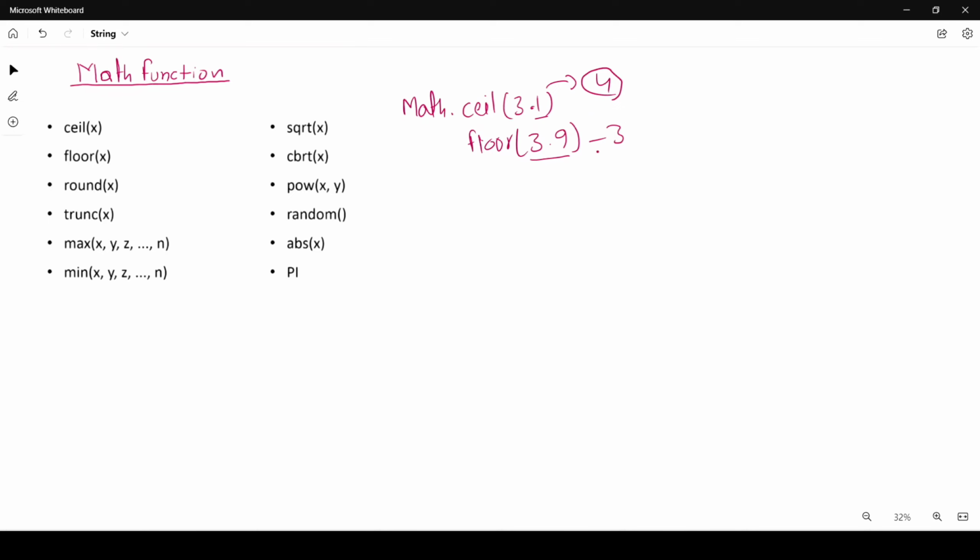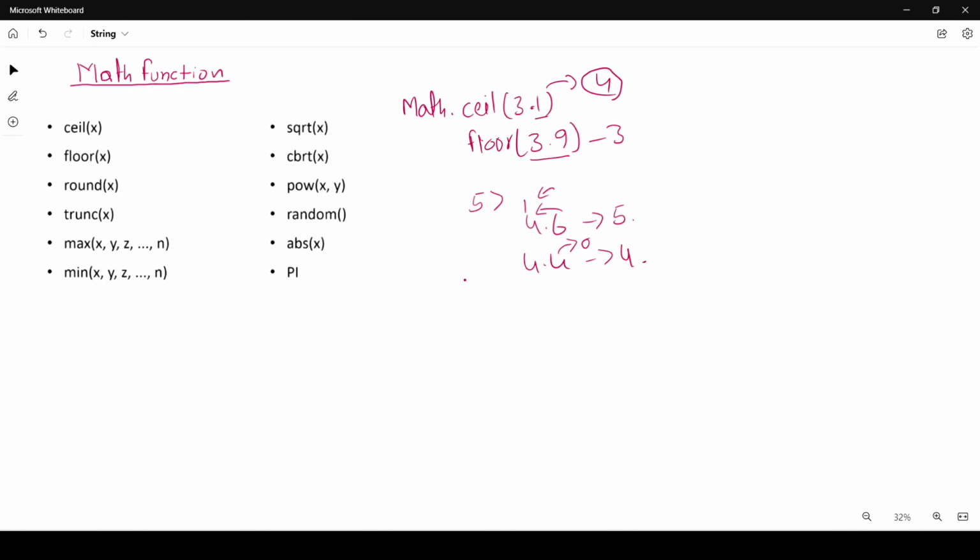you 3. Okay, now after that we have the round function, Math.round. If the decimal value is 5 or greater, it rounds up with a carry of 1. For example, if you have 4.6, this 6 is rounded up, giving a carry here, which is 5, it will give you the value 5. Okay, similarly if you have 4.4, then it will give you 0 carry, it means it is 4